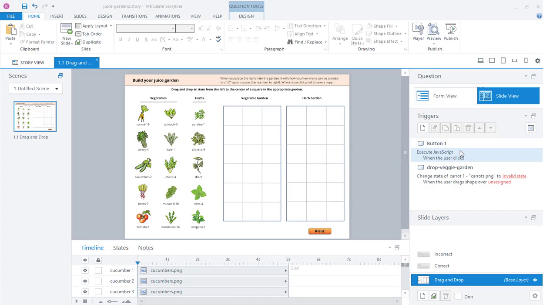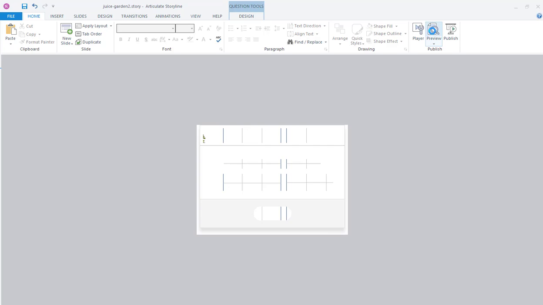So I'm going to show you how to take an object, in this case a carrot, and turn it from a single picture of a carrot into 16 carrots when you drag it over to the vegetable garden, because you can plant 16 in a 12-inch square. For celery, when you drag it over to the garden, it'll turn into 4 celery stalks. So to see how this works,